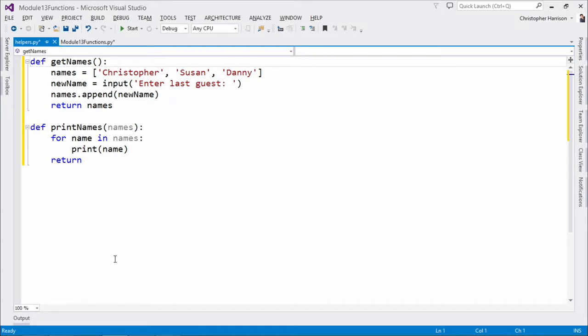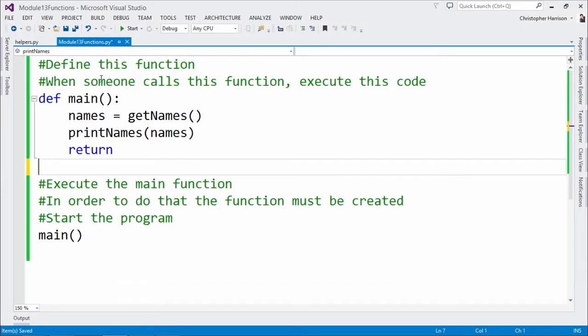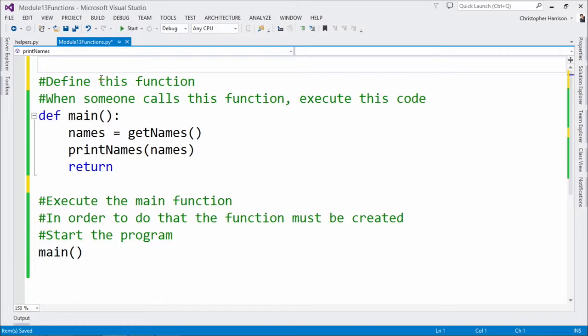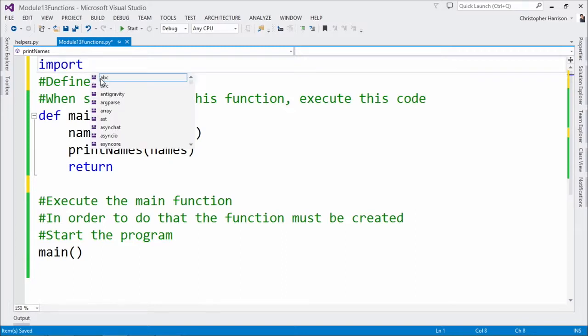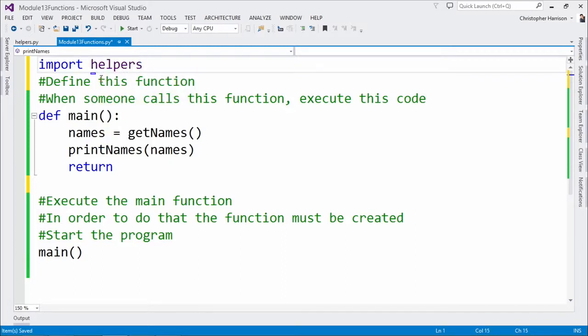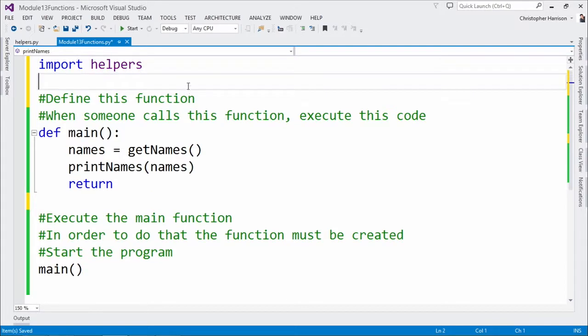So it's the exact same code. Now I want to be able to call that, because I still want to use those functions from the other program. And the way that we're going to do that is by simply saying import helpers. That just makes too much sense, because we've already been using import with sys and all those great things. We absolutely have been.